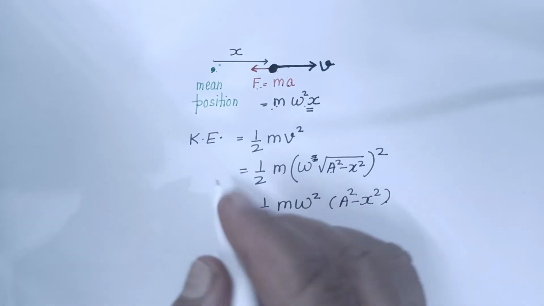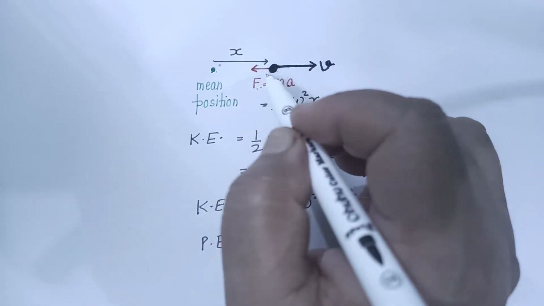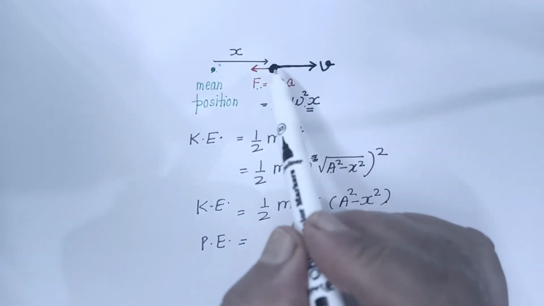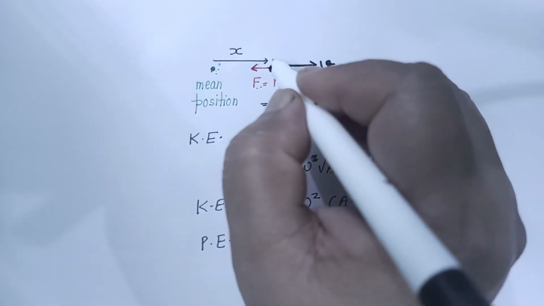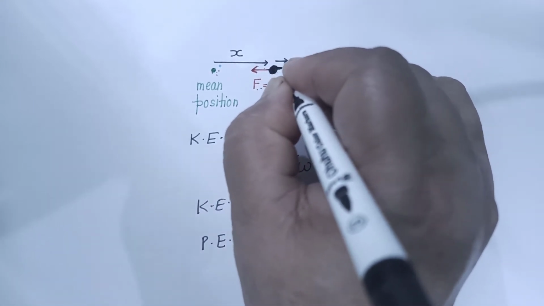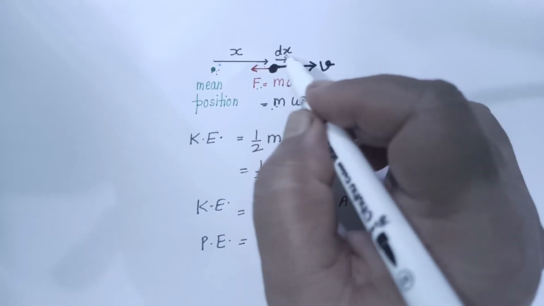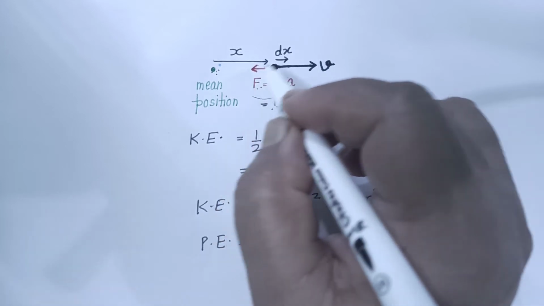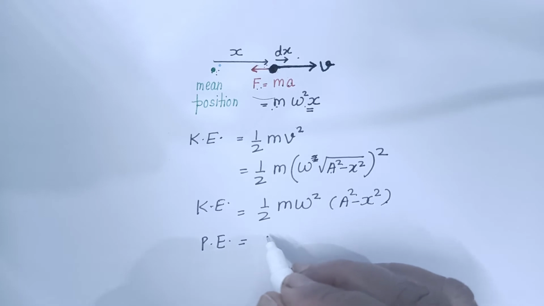Now this is kinetic energy, and potential energy can be written as the work done by the restoring force to bring this particle back towards the mean position. So how do we calculate work done? Let the particle be at distance x from the mean position when we are observing it, and at this moment force is ma, that is m omega square x, and now we take the displacement of the particle to be dx, a very small displacement, so that during this displacement the restoring force can be taken to be constant. So the work done by the restoring force when it is displaced by the distance dx, potential energy can be written as work done